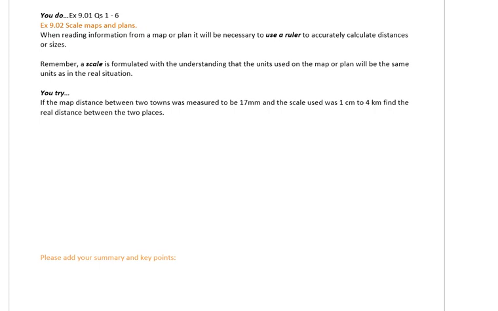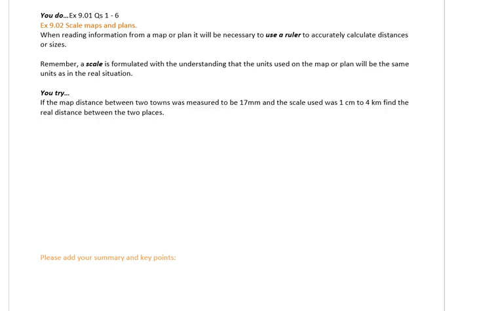In exercise 902, you're just going to continue with the same mathematical process as you've used in 901. So no new maths. However, the questions are going to be different. The way they give you the information will be different. And because its focus is on maps and plans, then you are going to actually physically need to measure some